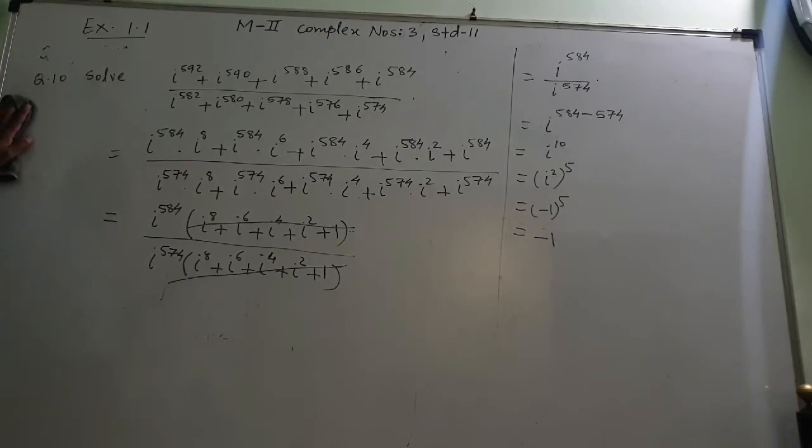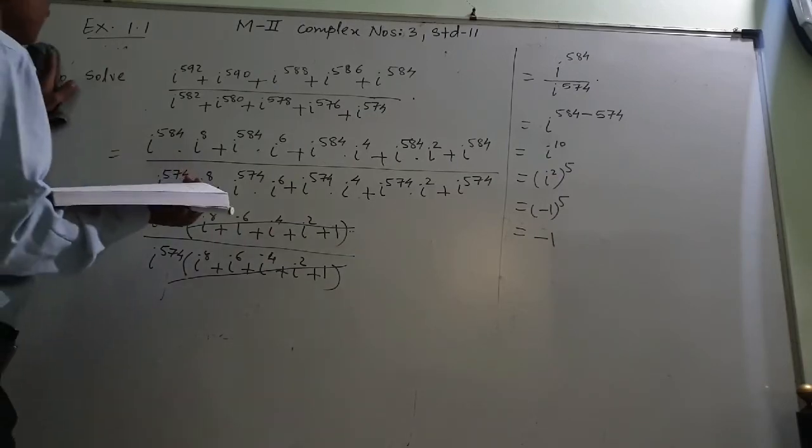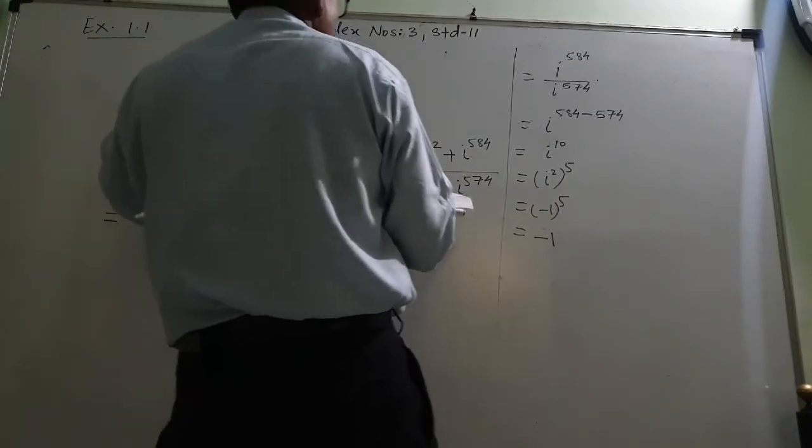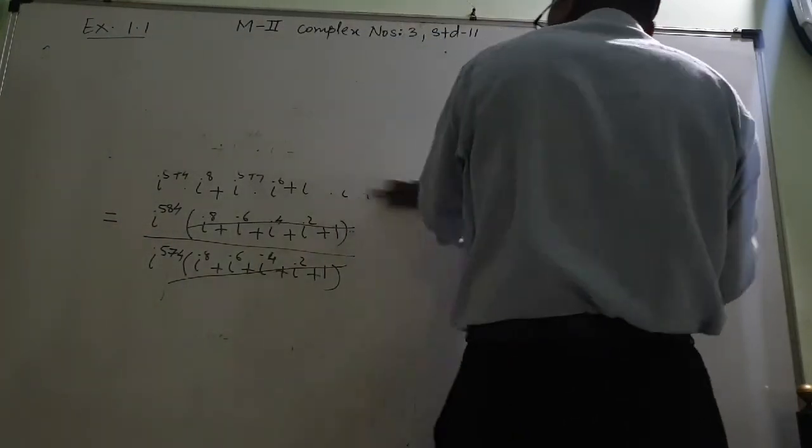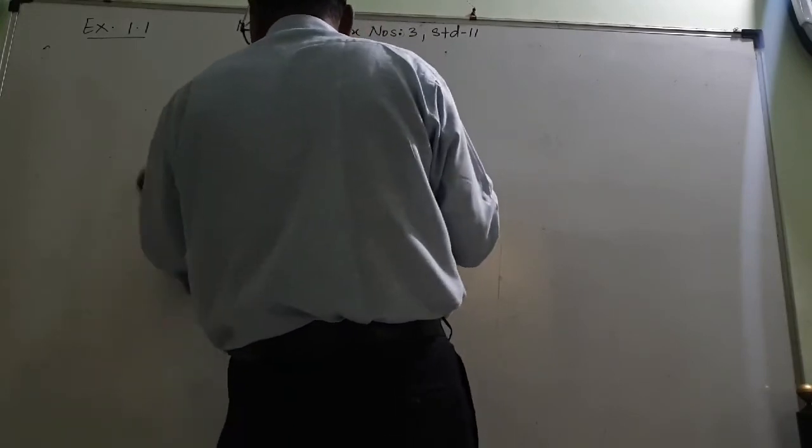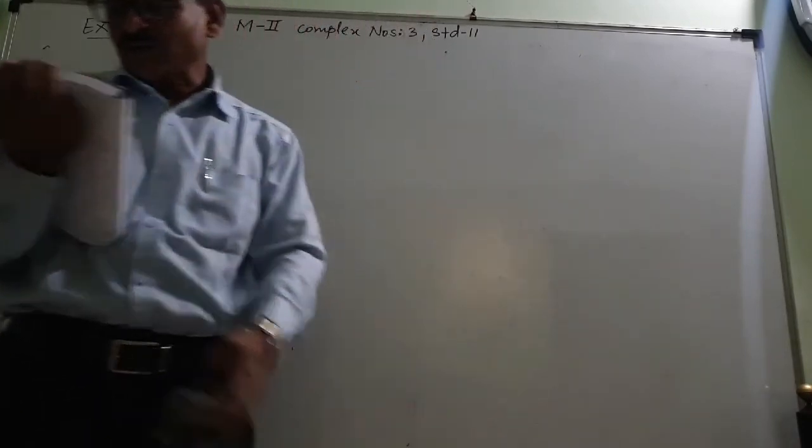Then question number 11 is also same. Find the value of. Show that 1 plus i, everything, that is question number 12, that is also the same. Question number 13 is also same. Question number 14, evaluate, find the value of, that is also same. Prove that 1 plus. The question number 15 I will go for. These remaining questions you can do. Just use the concept what we have used.